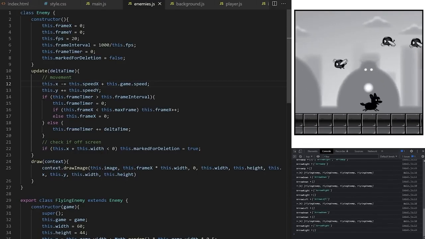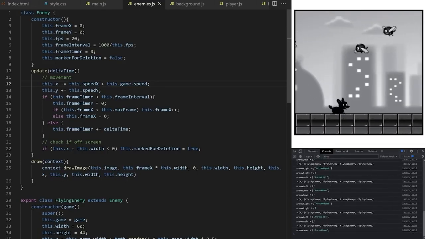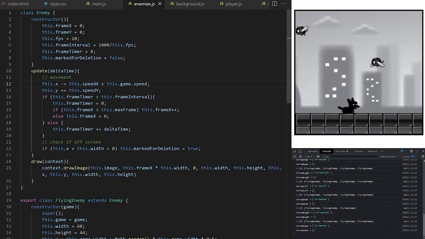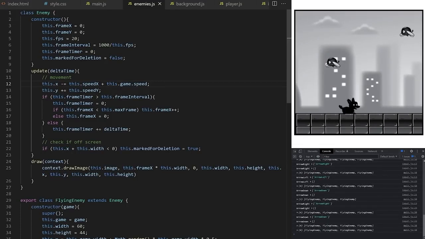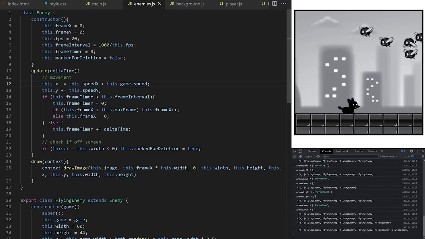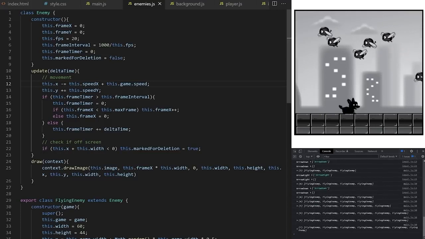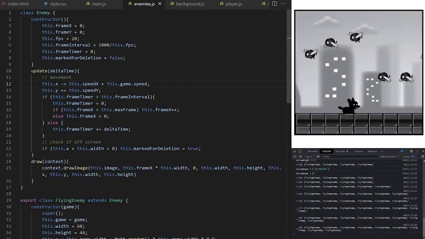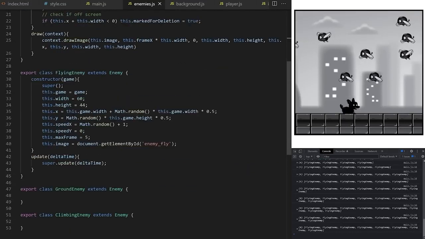If you are still following, well done. These are all fundamentals of 2D game development. I hope you are getting some value out of this. So the flies are moving in a straight line from right to left. What if I want to give them a wavy up and down wobble as they move? It's easy. I will need two